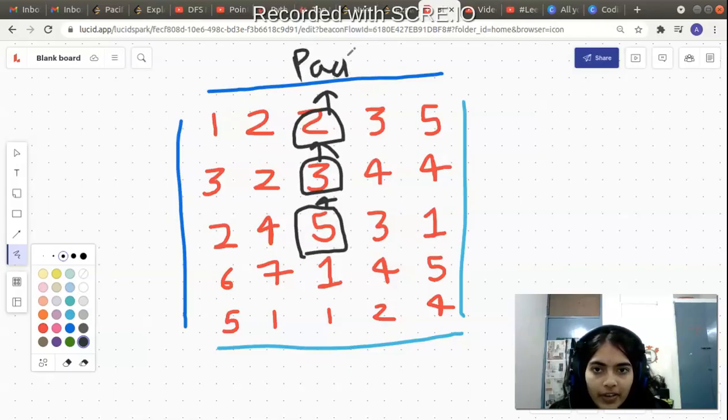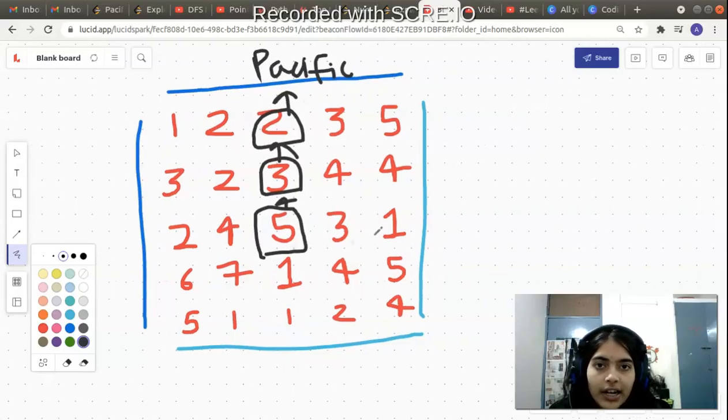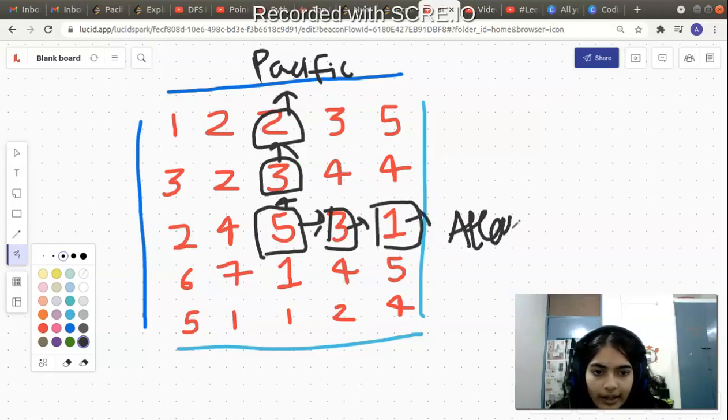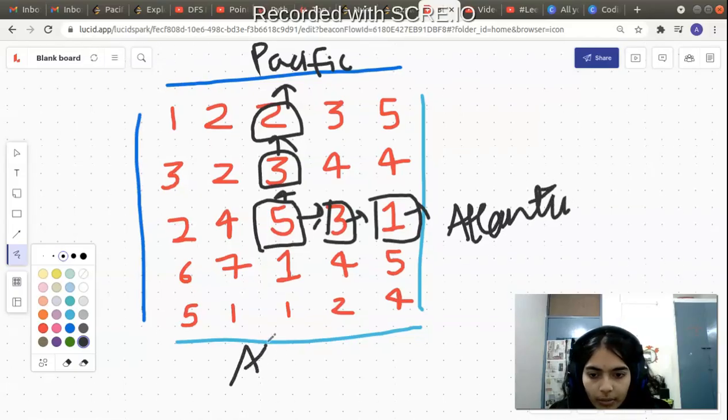So let me write Pacific. So water is able to reach the Pacific Ocean from the cell number 5. Can it reach the Atlantic Ocean? Now let's consider. See, it can reach the Atlantic Ocean. You can consider this direction also. So from 5 water will flow to 3, from 3 it will flow to 1, and from 1 it will flow here to the Atlantic Ocean. This side is also Atlantic Ocean, so it will flow here. This side is also Atlantic Ocean, so bottom is also Atlantic Ocean, and you have the left side is also